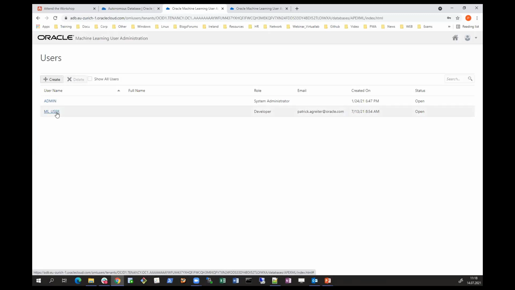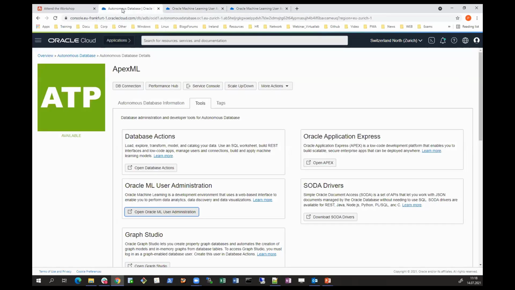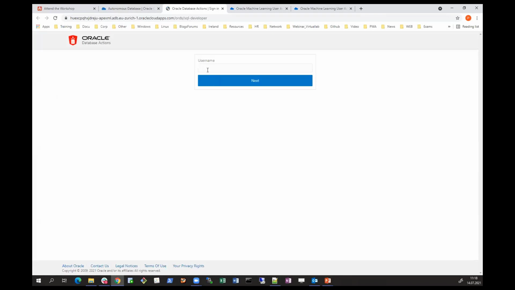If you create the user like we did in the machine learning part, you need also to access another part of the autonomous database. So let's go back to the autonomous database and go in here. And I don't know if some of you already know, if you go in the database actions, you have a lot of actions you can do. So once we go in here, we can access all the tools